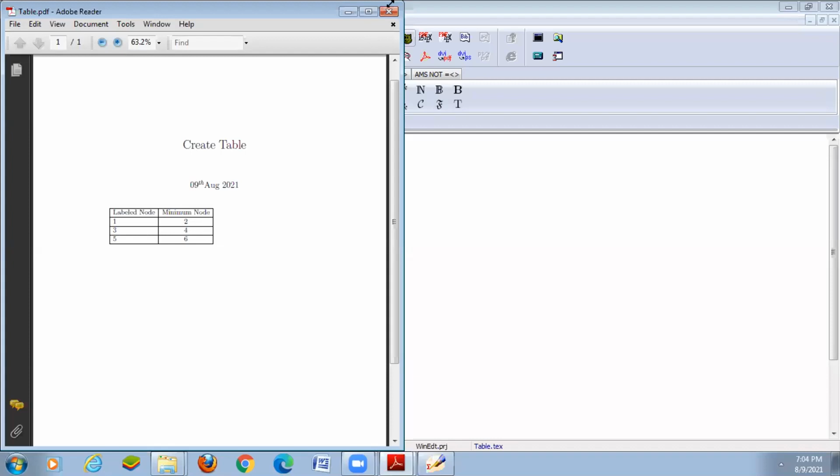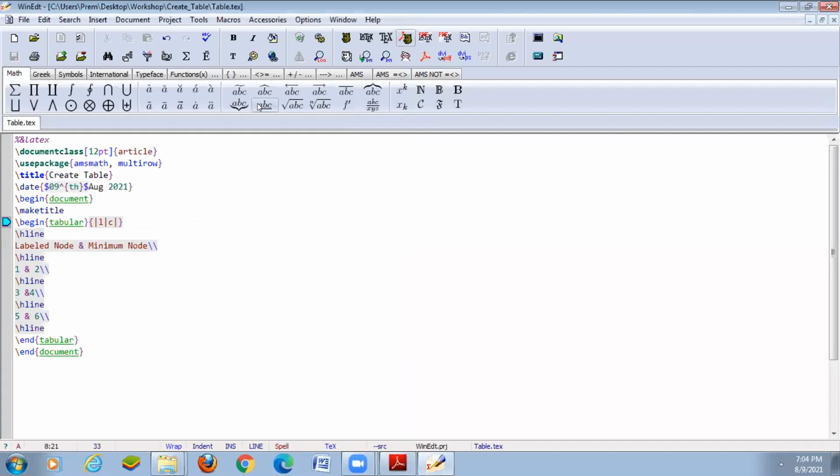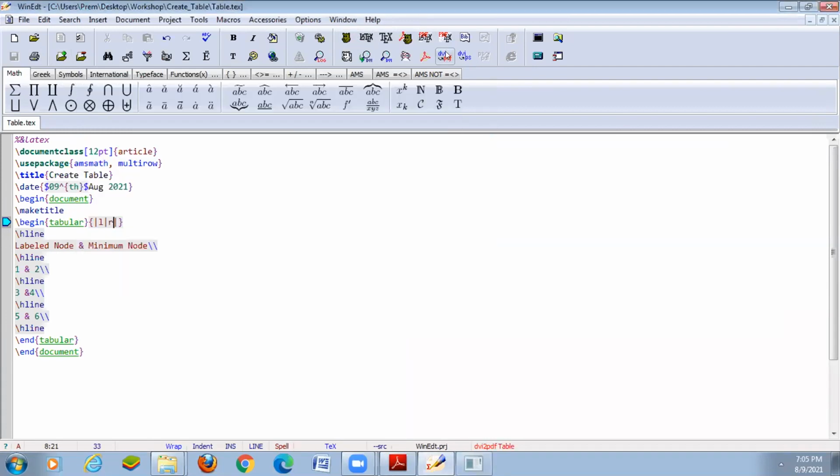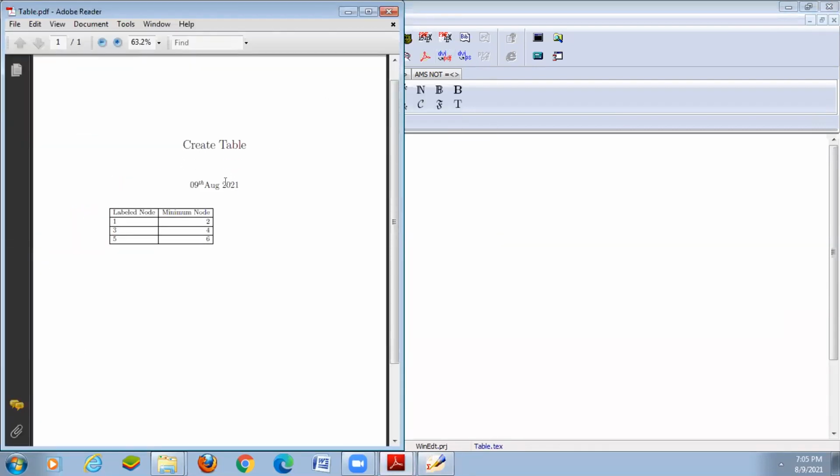As usual, you can use right alignment also. If you want right alignment, just remove that and use R. R means right-justifying alignment. The table adjustment is created automatically. However many spaces you want in the table, the table automatically adjusts to your cell alignments. So the second column is justified to the right alignment.